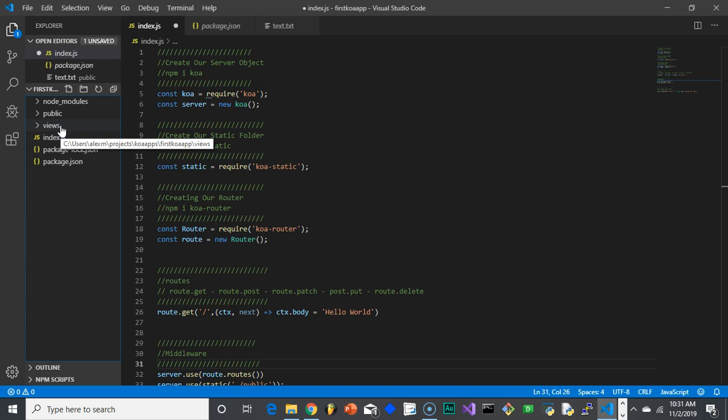I've used EJS in the past, and EJS is pretty good. This time we're going to use Nunjucks, just because I always like to try out new things as we do these exercises. But views is where all those folders will go, and in the next video we'll discuss how the view setup works. Now later on, we're going to install Mongo and create